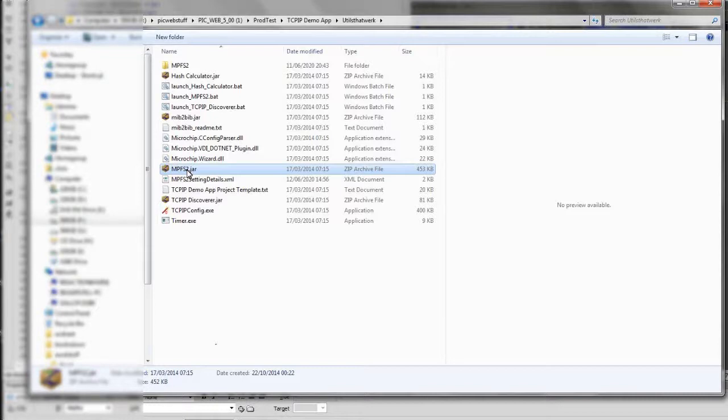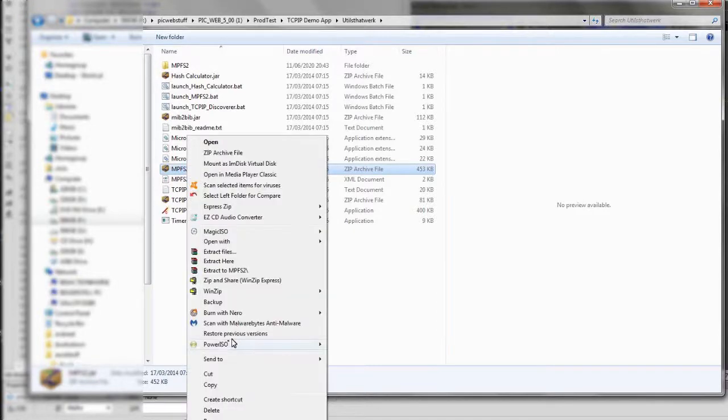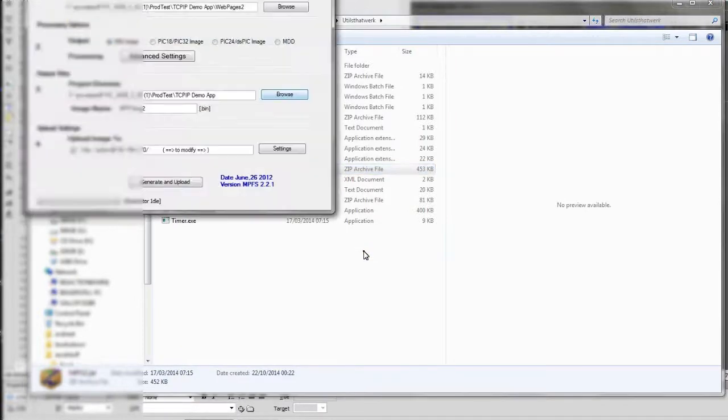So obviously I can't change the main code on the processor. I'll have to use the debugger and programmer locally on a USB to actually program it, which is through the PICkit, which I talked about earlier. But I'm not going to change the code. I'm just going to change what the web page holds. So I can run this utility, if I open it with Java,